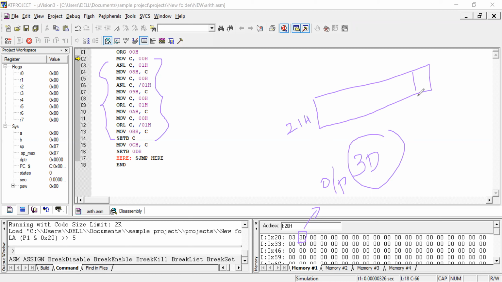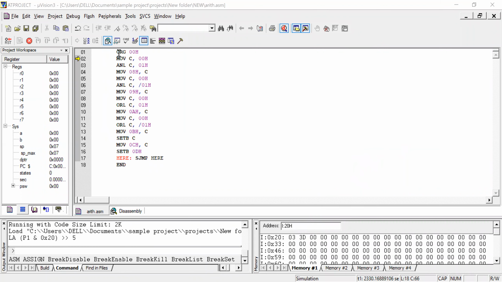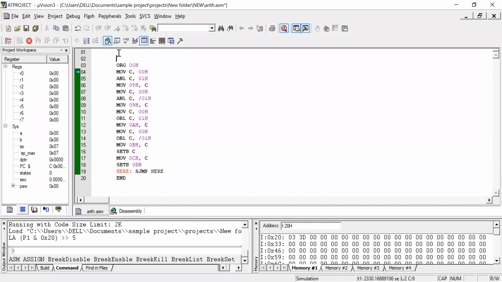So you can perform any logical operations and store any result in any of the locations, and you can easily access that. This is what we discussed: everything is bit level logic operation.